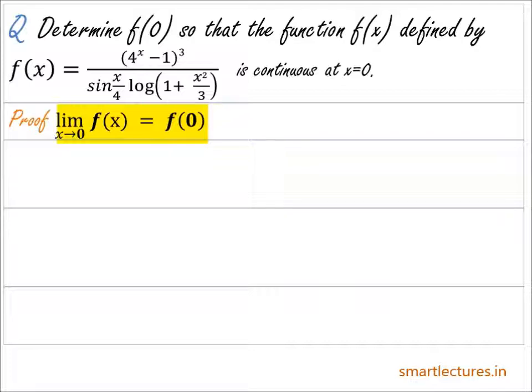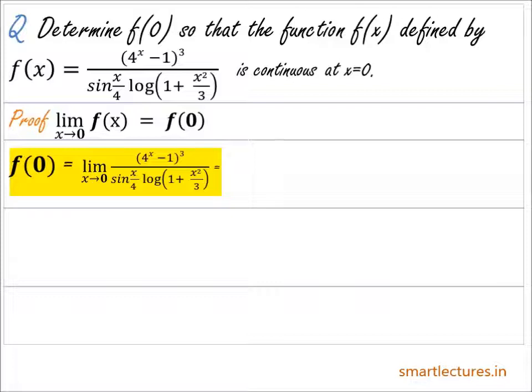Or we can also write, f of 0 is equal to limit x approaches 0 of (4 to the power x minus 1) whole cube divided by sin(x/4) into log of (1 plus x square upon 3). And now to evaluate this limit, we shall make use of three important properties of limits,